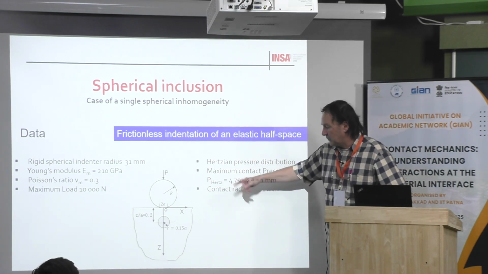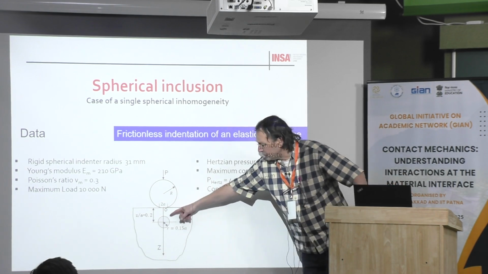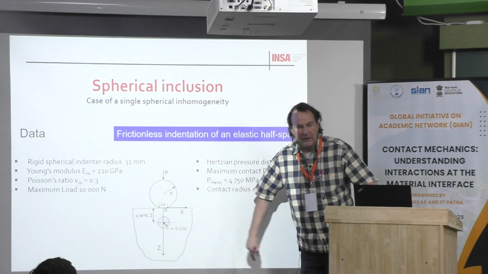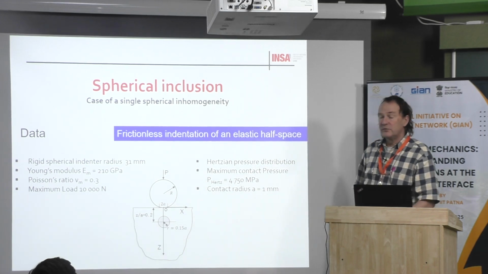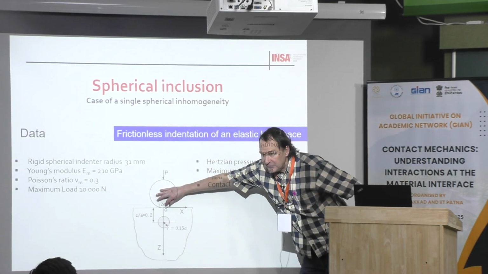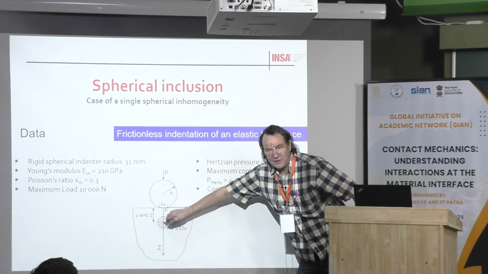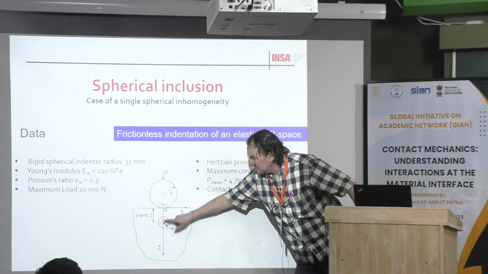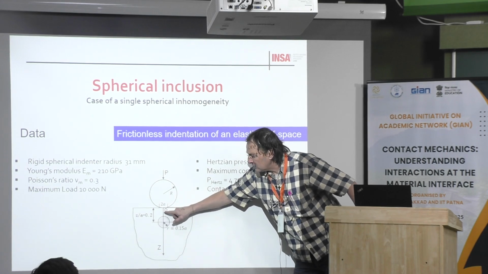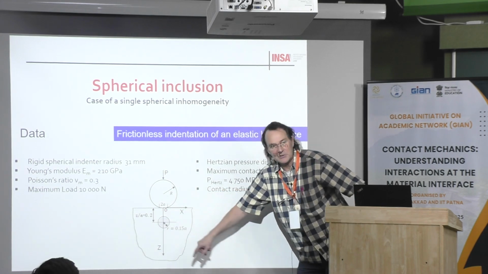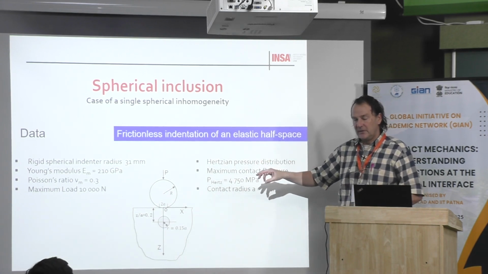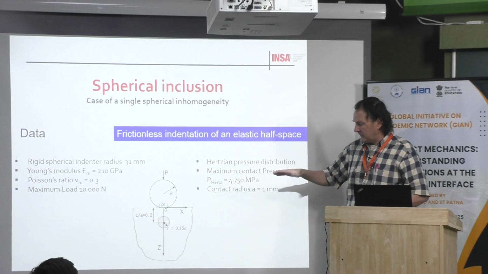And okay, this is the contact pressure, which is quite realistic. And then we will now have an inclusion. Typically, this is an example, but the radius of the inclusion is 15% of the half width of the contact. This is a zoom because it's very small. Okay, and we can move the inclusion to different depths. It can be at the surface, tangent to the surface, or at different depths. Here, I remind you that this is a sphere on a flat surface.